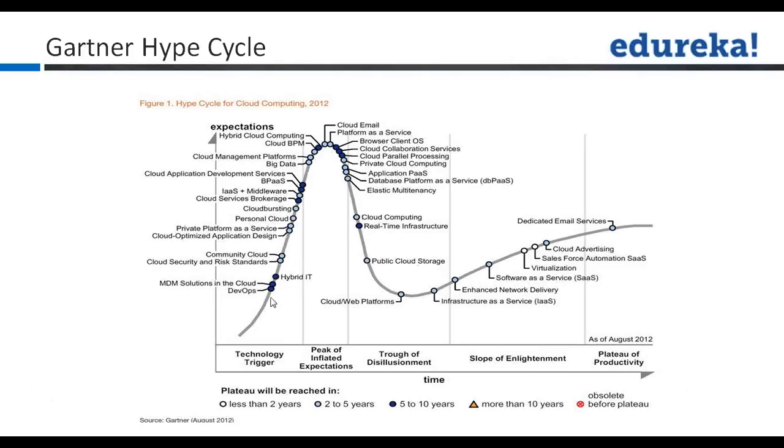If you see, one of the key aspects which is coming up these days is DevOps. DevOps is a development operation mechanism. It's nothing but a life cycle methodology, like waterfall and those kinds of scenarios. DevOps is another life cycle methodology, but the advantage of DevOps is that it integrates the development team and the operation